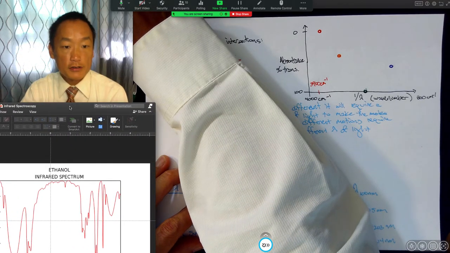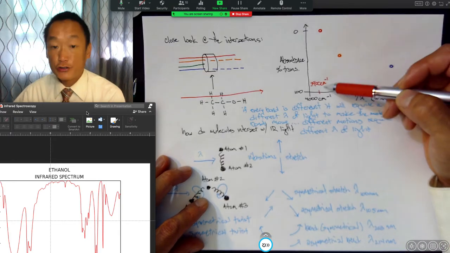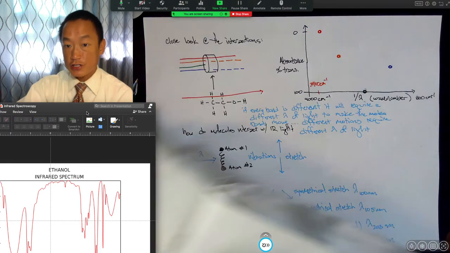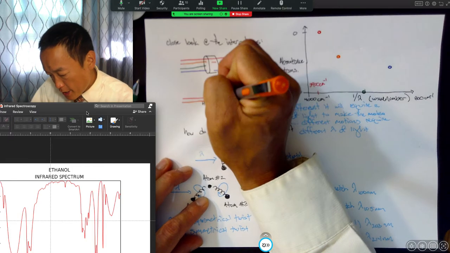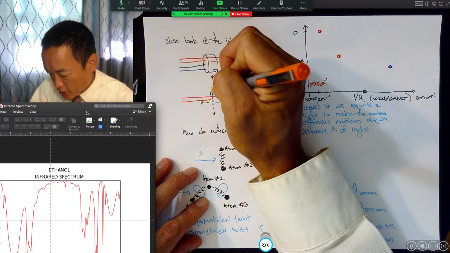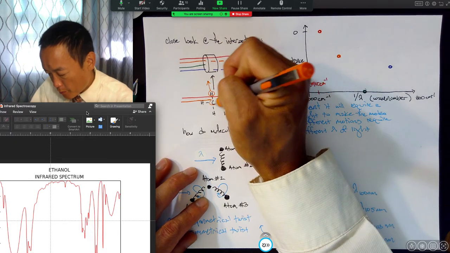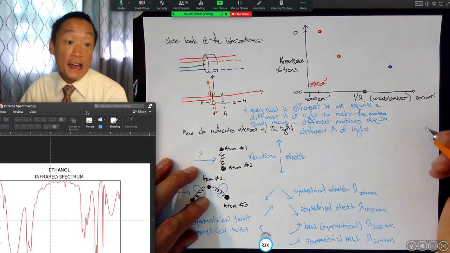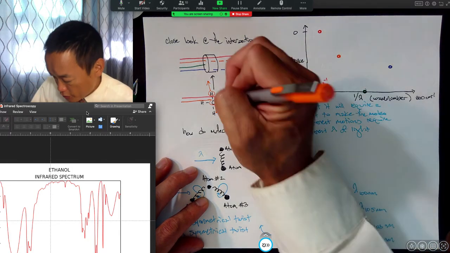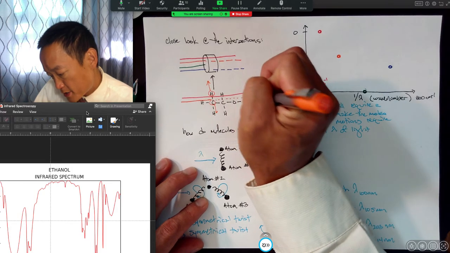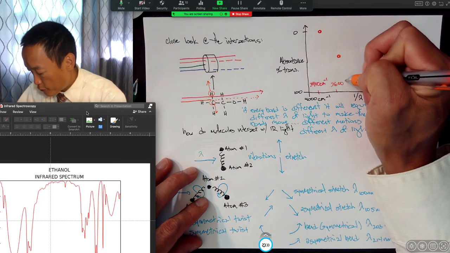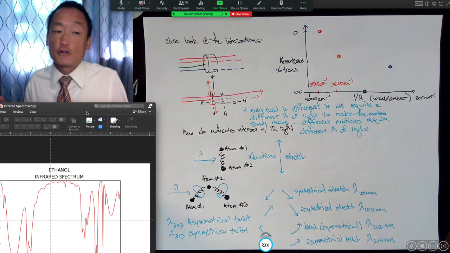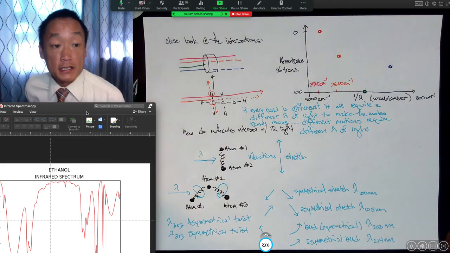I'm going to try and do some double time. I wrote 3,900 right here. And maybe this orange sample then, some of that light hits this right here, and all of a sudden it causes this hydrogen to move way up here and this carbon to move way down here. And some of that energy is absorbed and some of it's not. And so maybe some of that energy gets absorbed by the sample and you end up with here at maybe 3,600 inverse centimeters, where some of that energy was tuned perfectly for that bond, and it started to make those atoms in that bond wiggle and move.